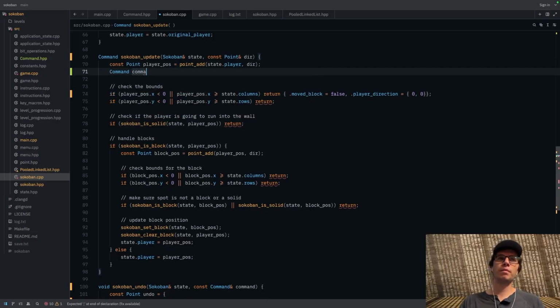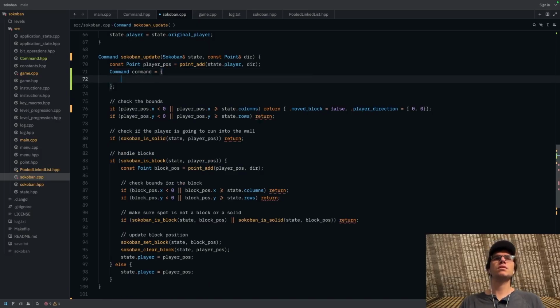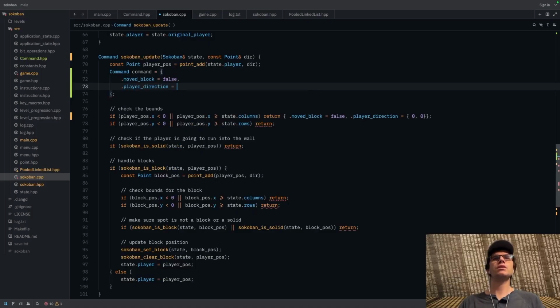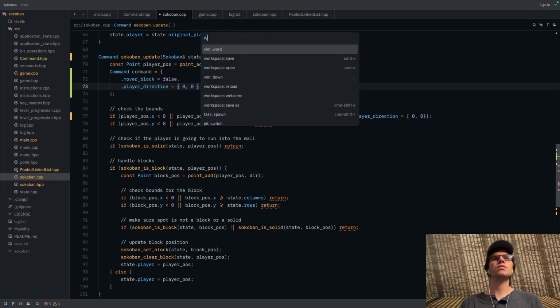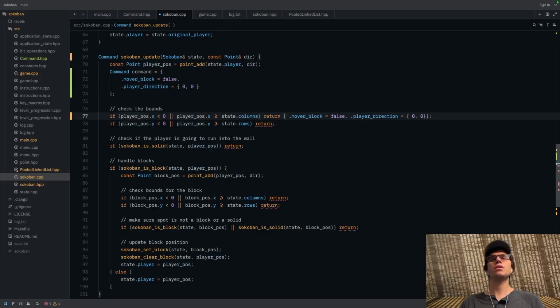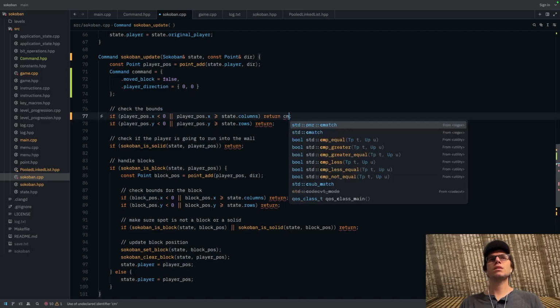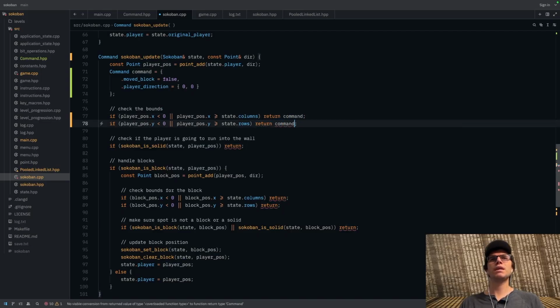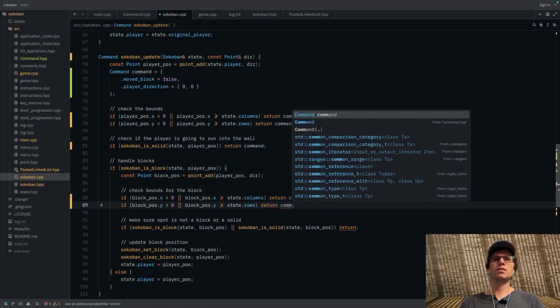Command, and then what we can do is this: .move block equals false, .player direction equals 0, 0. That's our default. Well, actually, command and then command. Let me just fill these in real quick. Command, command,